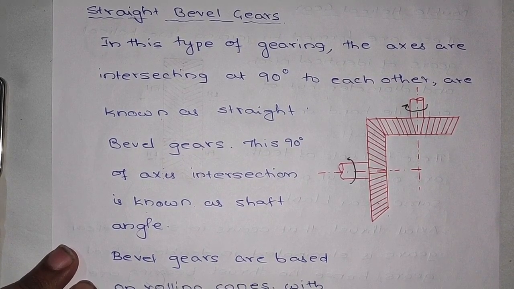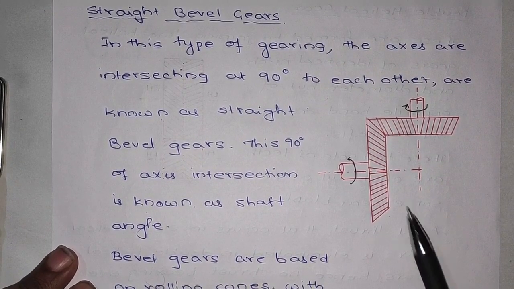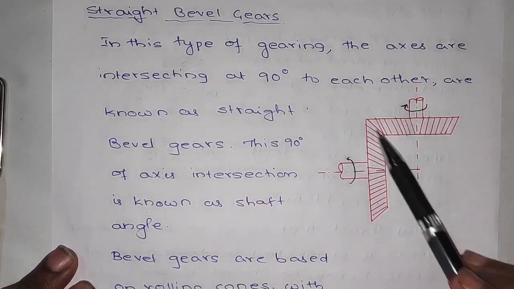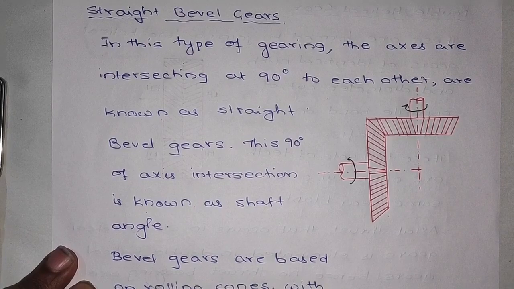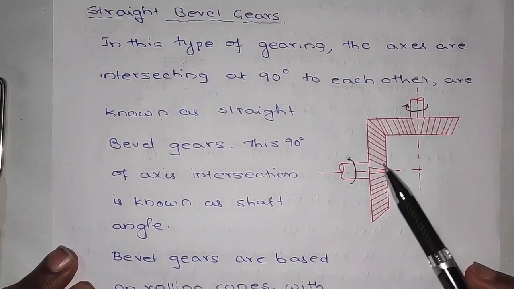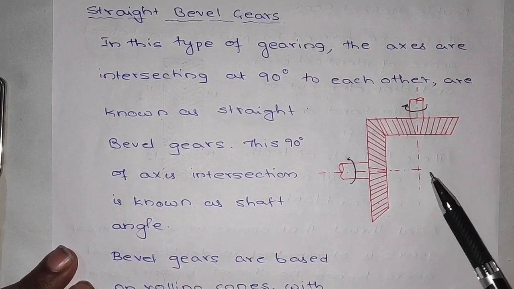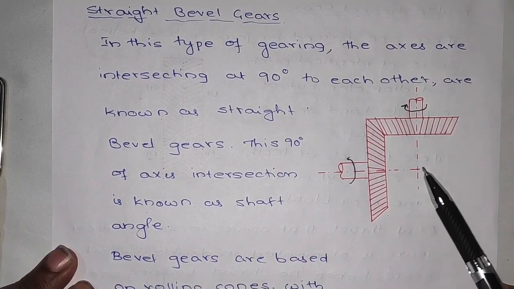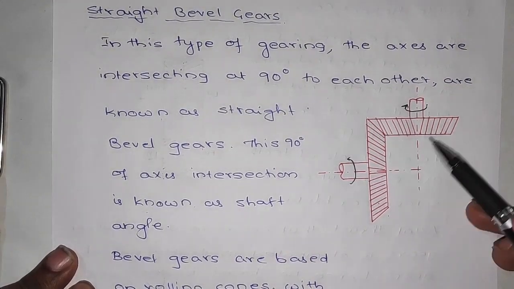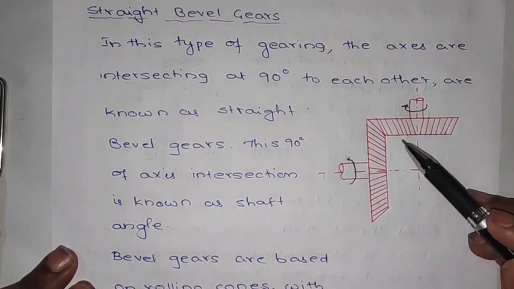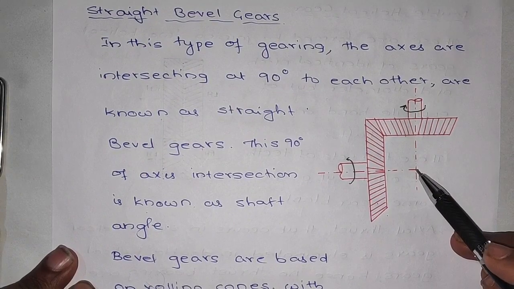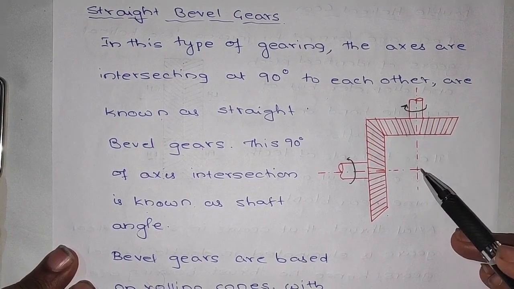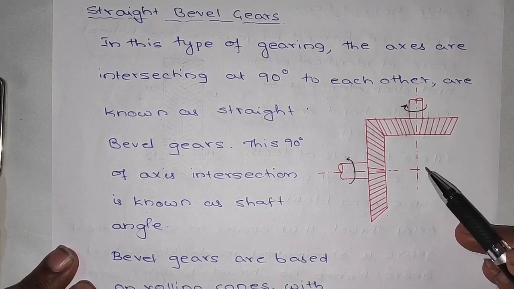The teeth are straight, but the height of the teeth gradually decreases and the sides are tapered, so that when all these lines are extended, they meet at a common point on the axis called the pitch cone apex. The lines of both the bevel gears combine and meet at a single point on the vertical axis as well as the horizontal axis, and this point is known as the pitch cone apex.